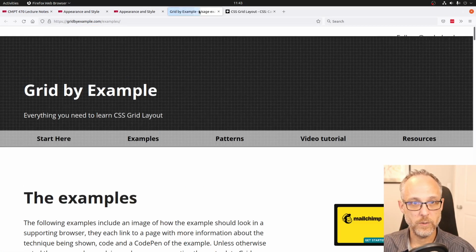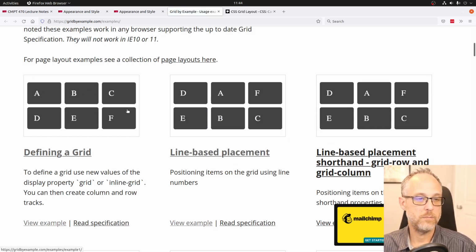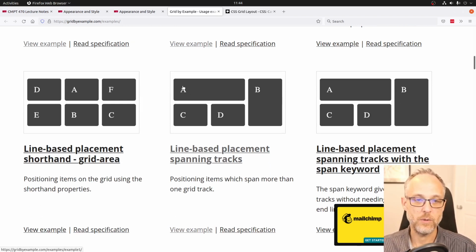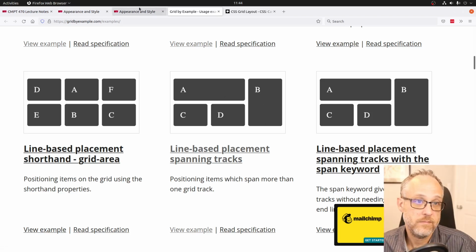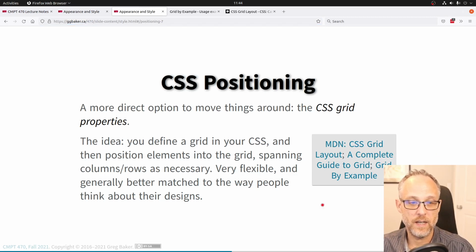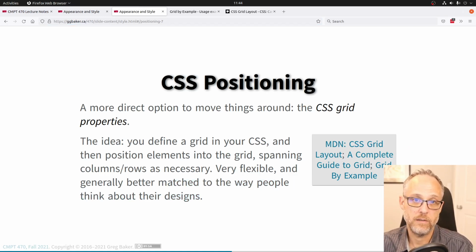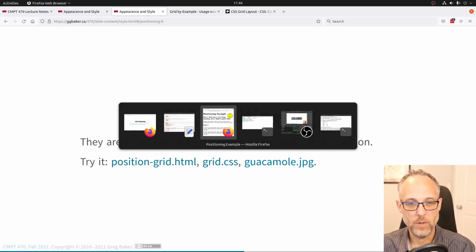And then with grid, you just get to say things like this. I want a 3-column, 2-row layout of things. Here's how my pieces of content go in that grid. And including things like this: I want this piece of content to span 2 columns, this to span 2 rows, and okay, these pieces go here. It's just closer to what people think about their page arrangement. So a little caution on compatibility. But with that said,